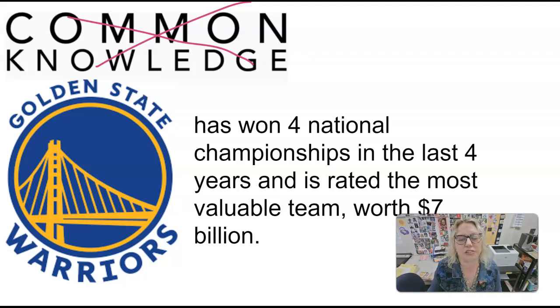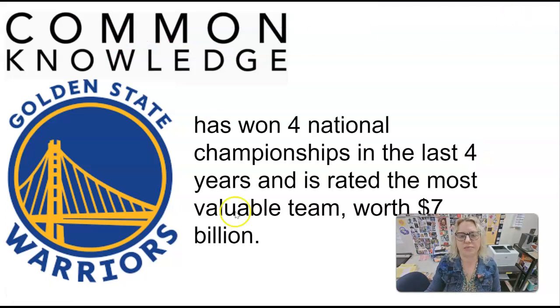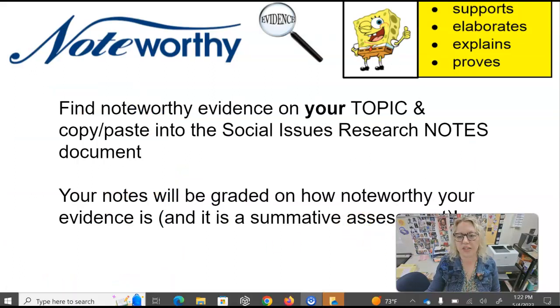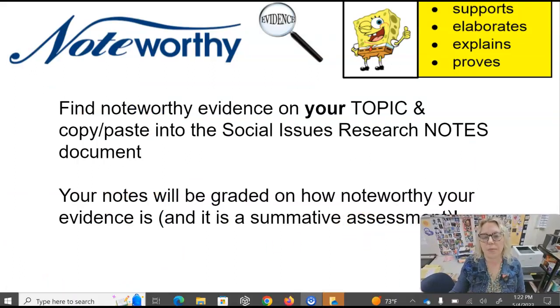Golden State Warriors have won 4 national championships in the last 4 years. Oh, I think that's supposed to say 7. Oh my gosh, sorry for the errors. And is rated the most valuable team, worth $7 billion. So that's some good noteworthy evidence to support, explain, prove that the Golden State Warriors are the best team in the NBA. All right, so now that you have an idea of what noteworthy evidence is, your job is to